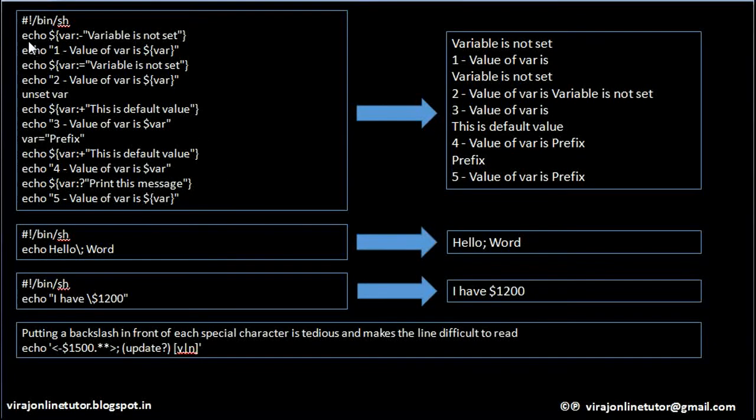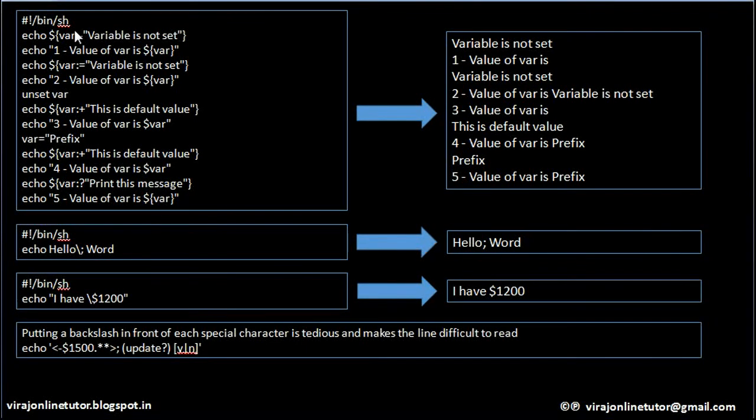So in this shell script, I'm echoing on the screen $variable and this is the content. So the important construct to be noted here is colon hyphen. This entire colon hyphen is one construct. So what exactly is the meaning of this? What it will do is, if the value of this variable where is not set, then it will echo this string on the screen.